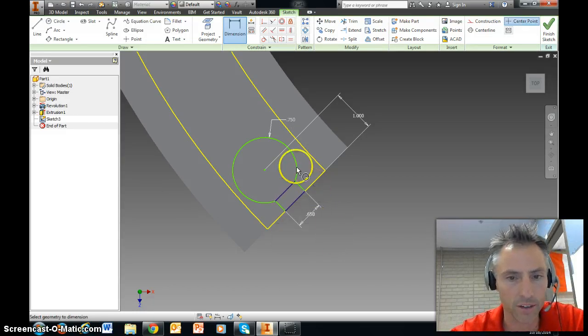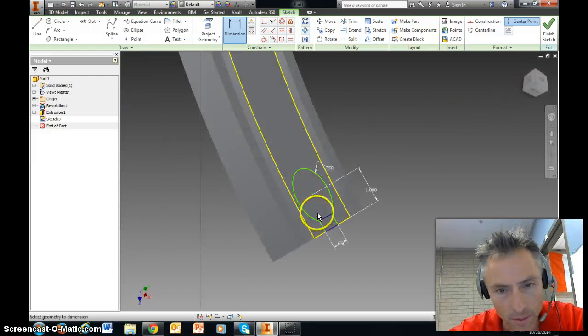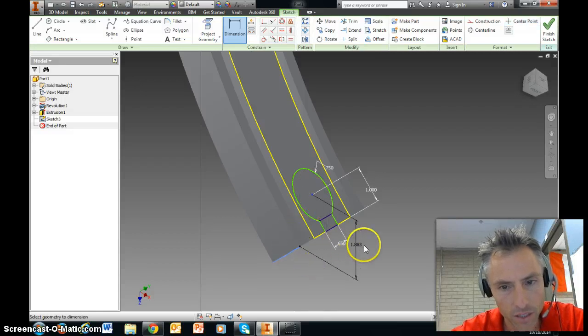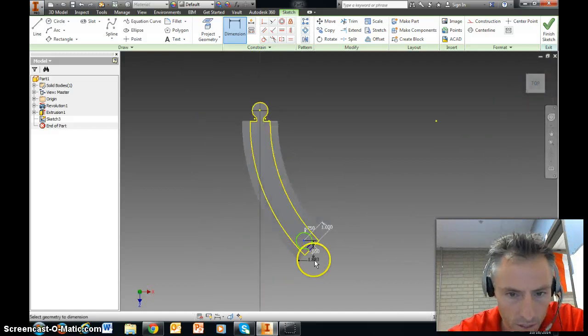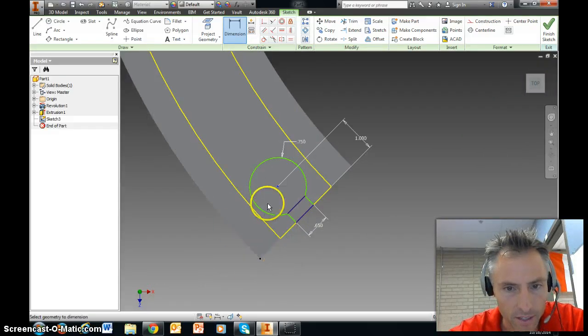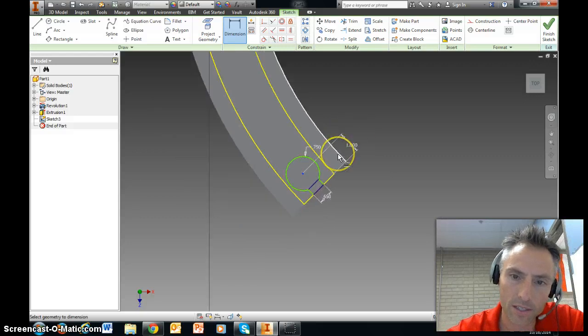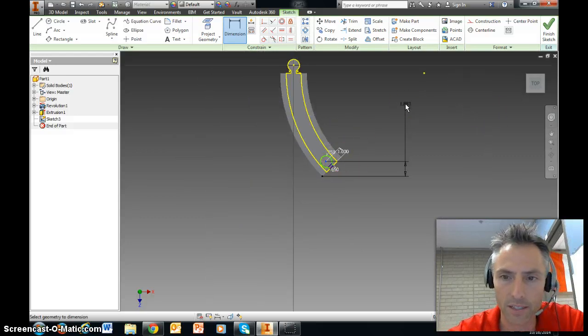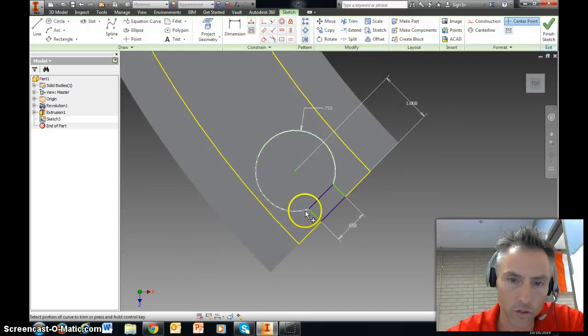We need to make sure the entire thing is centered, so I'm going to tilt it so I can see one of the edges. And I'm going to say from that center point to an outside edge. Ooh, let's see if we can get the dimension we actually want here. That's tricky. That's not the way we want it. Okay. We're going to have to do that one slightly differently. We'll deal with that in a second. So go ahead and close that dimension. I'm going to go ahead and say trim